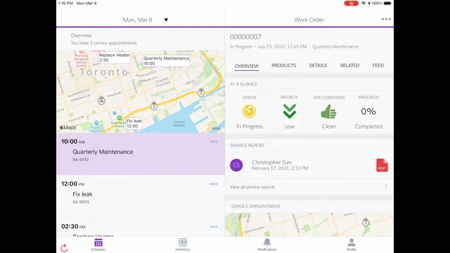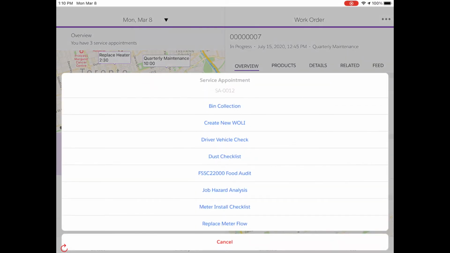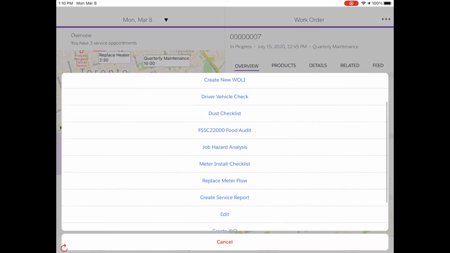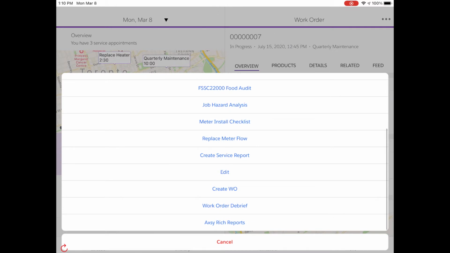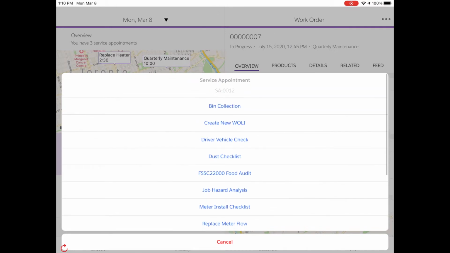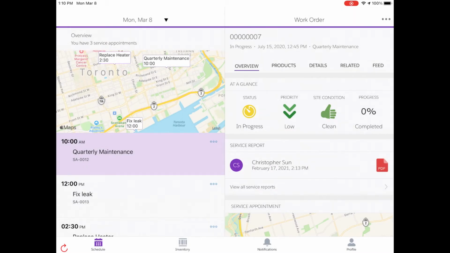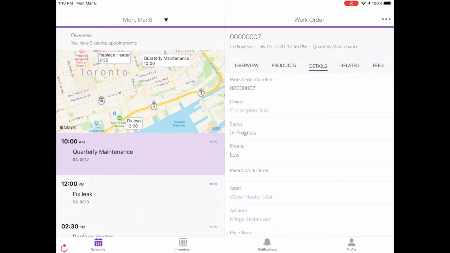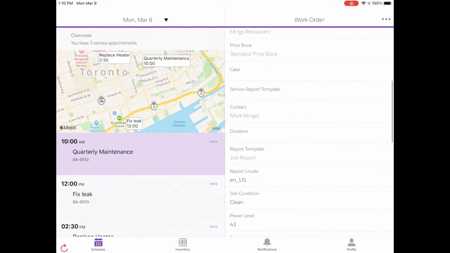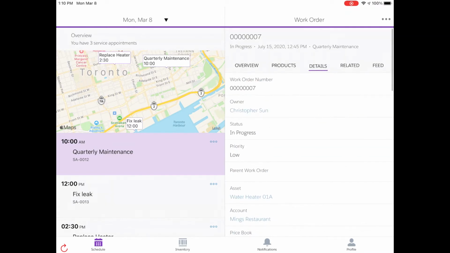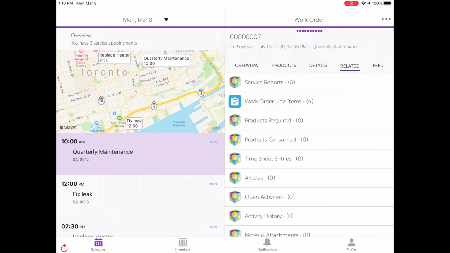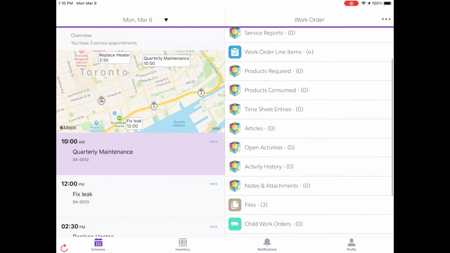And, in addition to using the same data model, the Axie Field Service mobile app also supports Salesforce's existing no-code customization tools. So any page layouts, quick actions, validation rules, or mobile flows work seamlessly in the Axie app, including while offline. As an example, any custom fields added to the work order objects page layout, or any custom objects added to the page layout as a related list, will automatically be picked up by the Axie app as part of its initial sync.